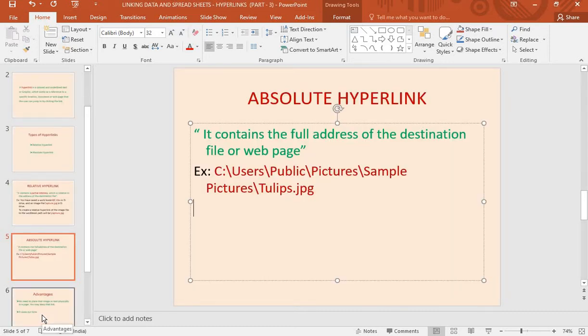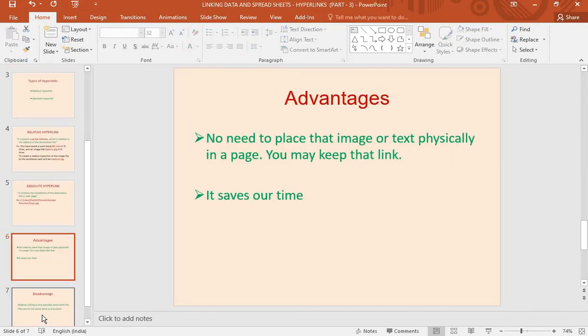Now, another point is advantages. What are the advantages? First one is no need to place the image or text physically in a place. You may keep that link instead of that image or text.